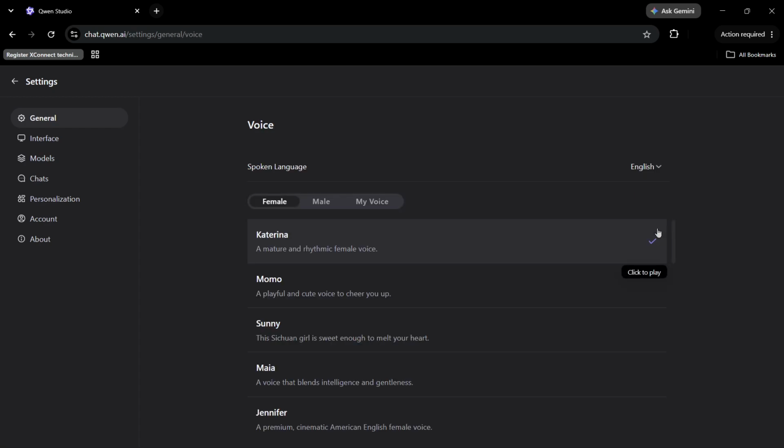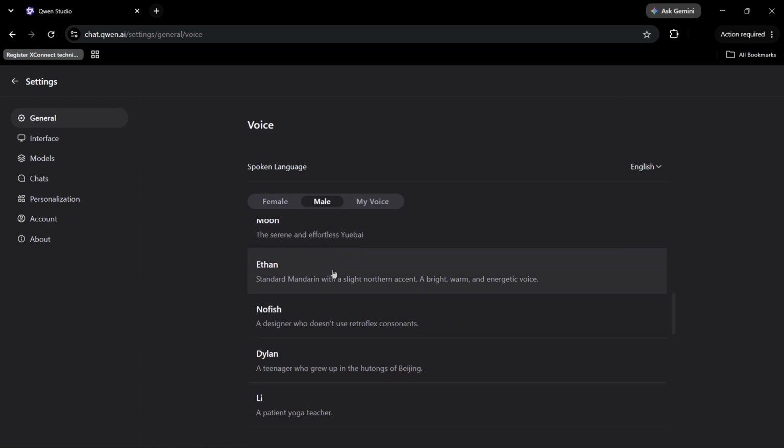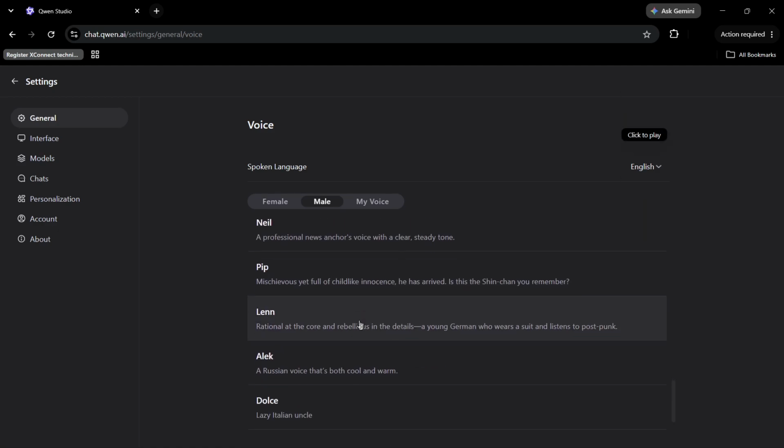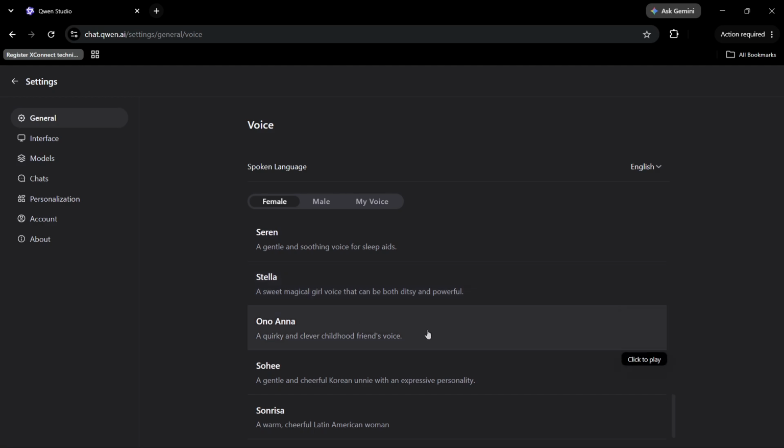Simply click onto the current selected voice, and from here you can select any other voice, like a female voice or any male voice. So these are basically the voices that are currently available. If you wish to hear them, you can simply click onto them and it will start